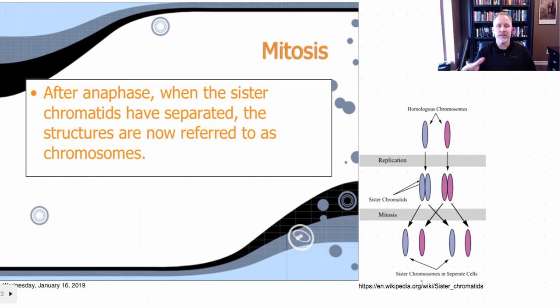After anaphase, these sister chromatids separate, and now they're referred to as these individual chromosomes again. Again, these chromosomes are just like these original ones here. Okay, so this is one of the daughter cells, and then this is one of the daughter cells, and it has the genetic complement that you started with.